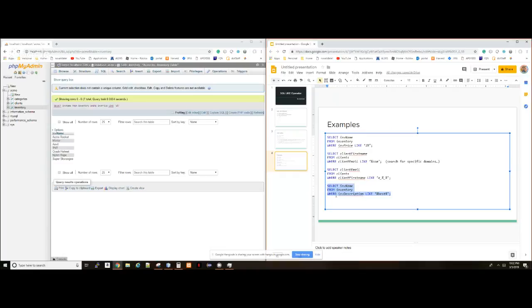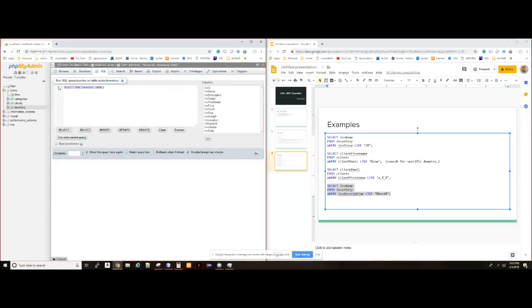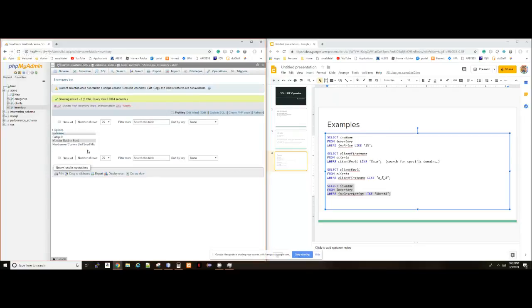So then in my examples over here, this is another one. This is basically saying, I want to know all of the inventory items, all the names of inventory items from the inventory table where the description has the word best somewhere in it. So let's go to SQL again. Once again, I apologize for this. It doesn't like me copying and pasting this in here. But then, the catapult, the monster rubber band, and the roadrunner custom birdseed mix all have the word best